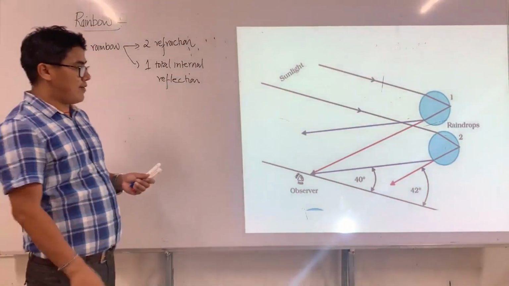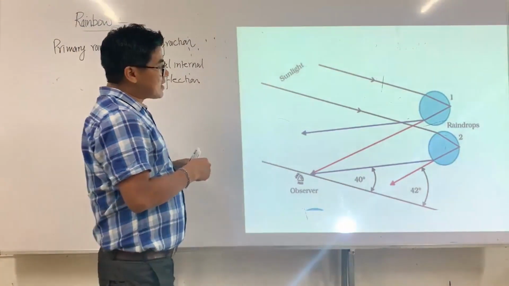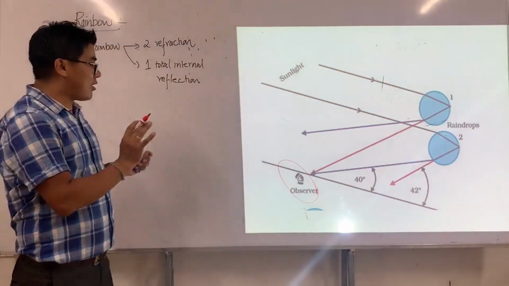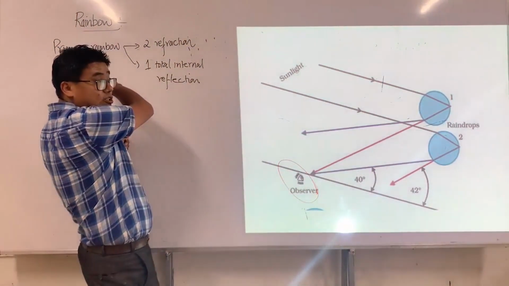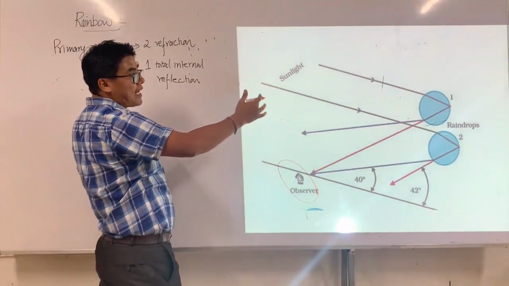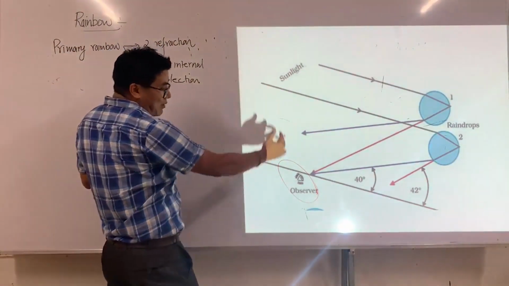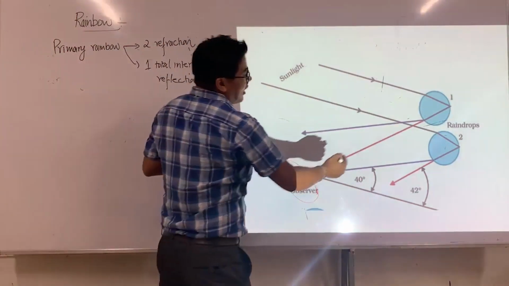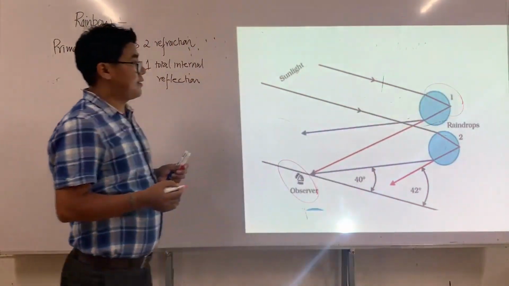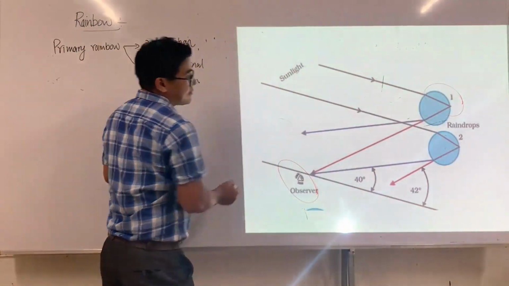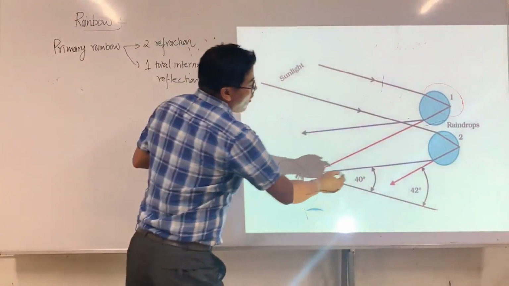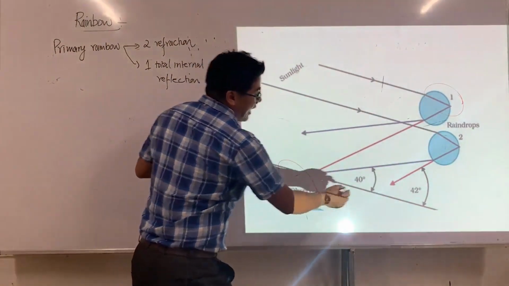Look here, this is what we have. Again, I'm going to explain. This is the observer, and this is the sun. Conditions are satisfied: the sun is coming from the west horizon and the drops are at the east horizon. You are lying between these two. And look here, the light from this first drop, this is violet and this is red, and this is for a second drop, this is the violet and this is the red.